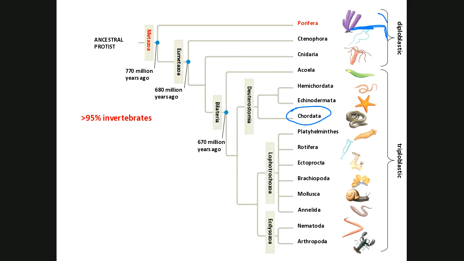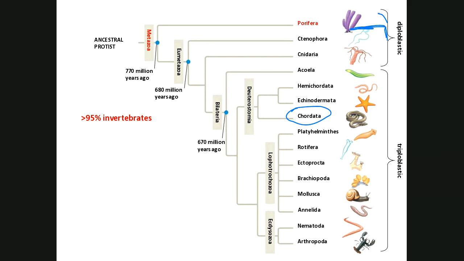Diploblastic refers to two tissue layers, two embryonic or germ tissue layers. That's what ectoderm, mesoderm, and endoderm were that we're talking about. During embryonic development, those are the first layers that separate out in tissues, and then those become things, right? They become the muscles or the skin or parts of the skeleton. Organisms that are diploblastic only have the outside, the ectoderm, and the inside, and the rest of us are triploblastic because we have the middle part, the mesoderm, right?